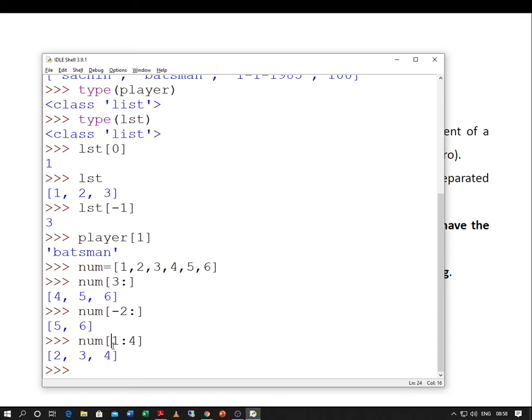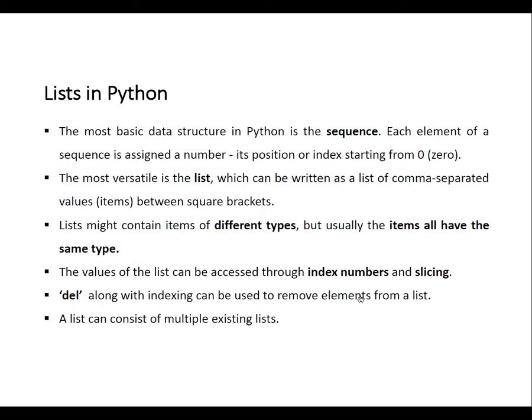Remember, the lower limit is included in the index, the upper limit is not included in the index. That is, actually we are printing the numbers at index 1, 2 and 3. So, the upper limit you have to be careful about. I hope the indexing and slicing is clear as far as a list is concerned. It is the same as strings that we have studied in Python.